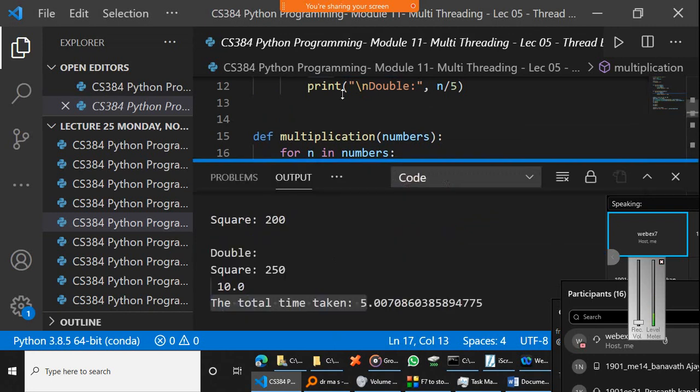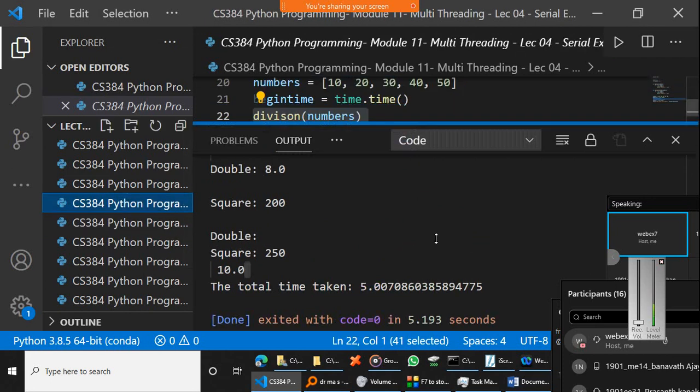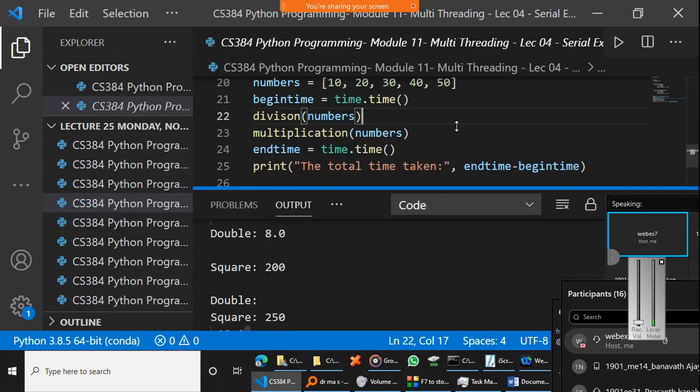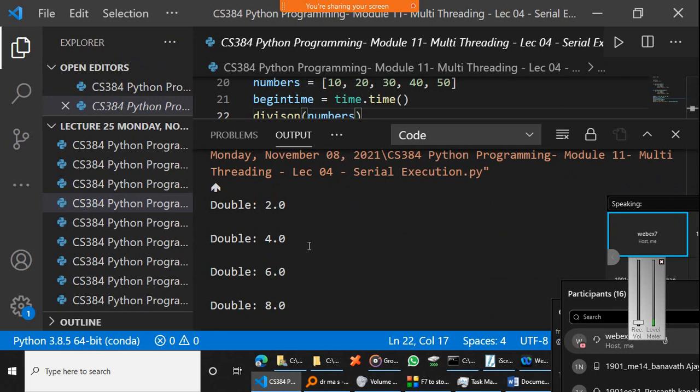Now you can see the advantage here. In this case, the total time taken is 5.007, as against the sequential case, when I was just calling division and multiplication, where the total time taken was 10 seconds, right?